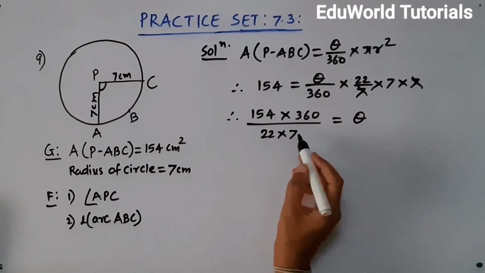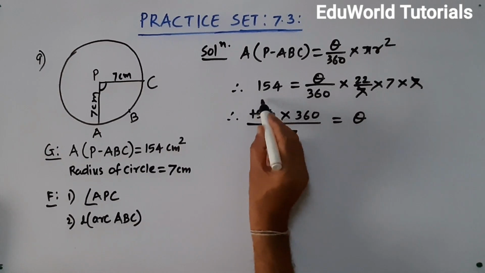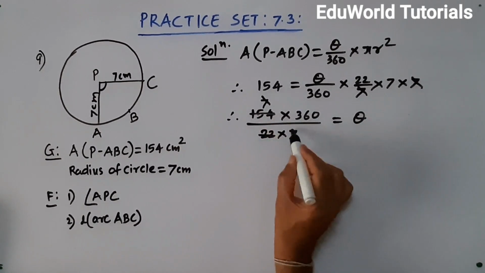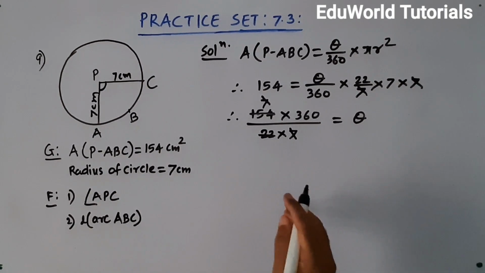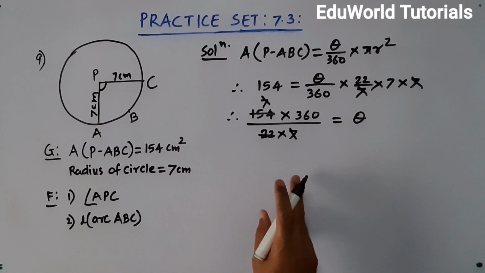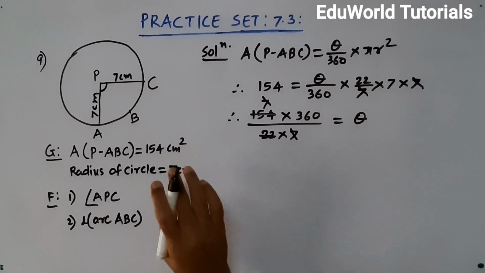And then we have to cancel this. Okay, 22 sevens are 154, and this 7 and this 7 will get cancelled. So how much is the value of theta we got here? Value of theta is, I think, we did some mistake here in cancellation. 1 minute, we must have done some mistake. Yes, students, I went through the sum.